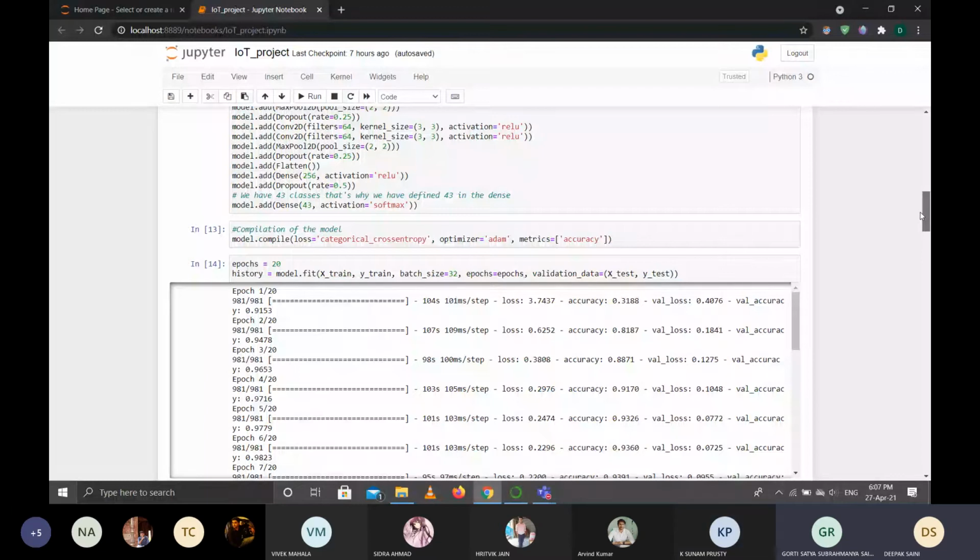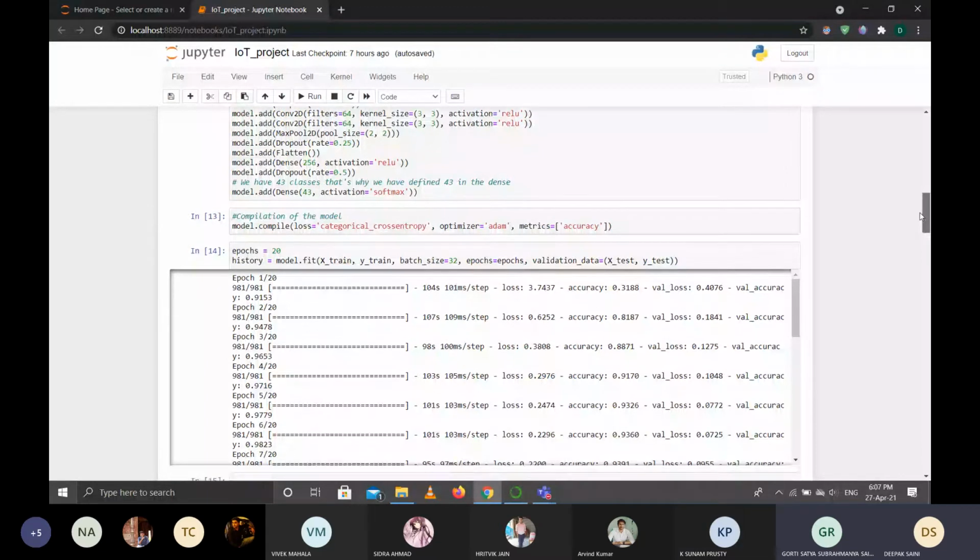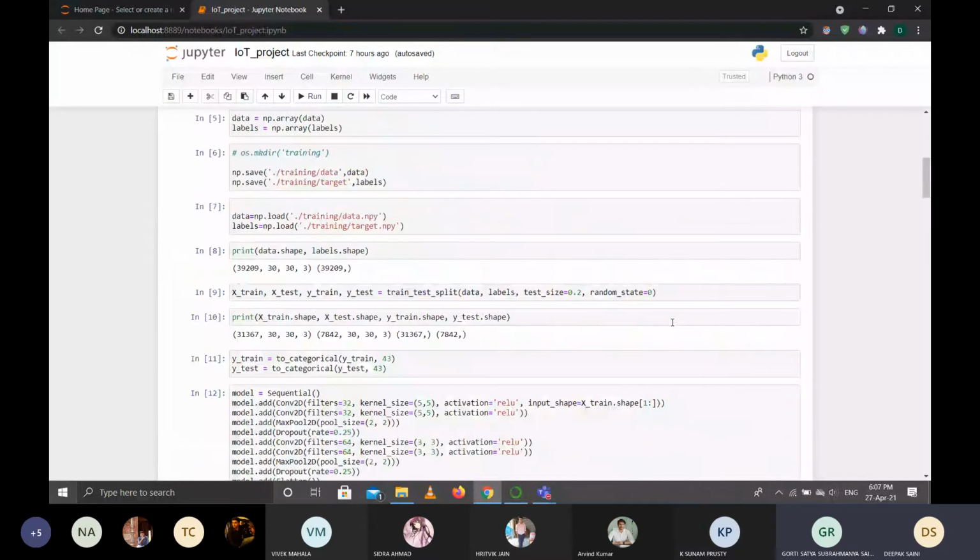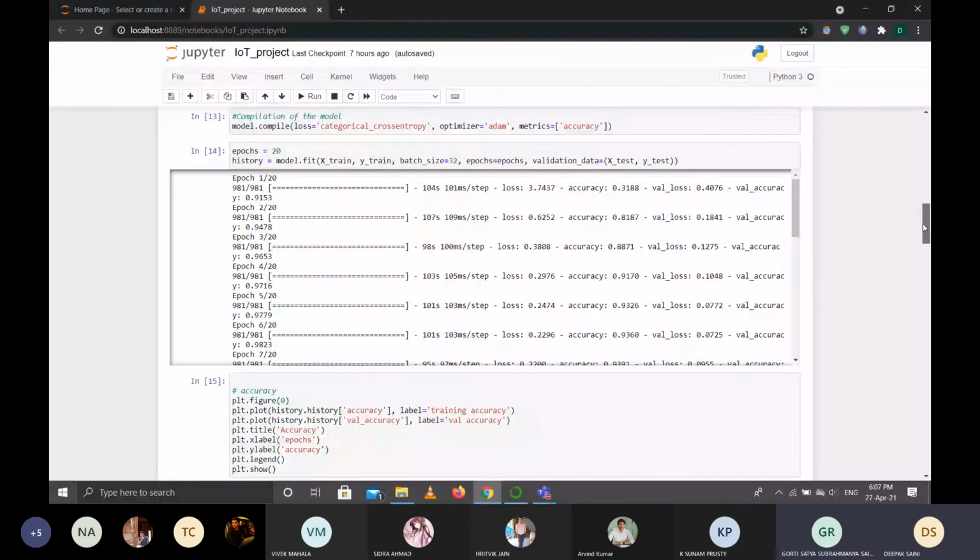And sir, after this, we have trained the data. We have divided all the images into epochs. An epoch is basically, when we have a large amount of data, the data is divided into various parts, and each part is known as an epoch. We have used 22 epochs, and if we want more accuracy, then we can increase the epoch size, but it will take more time for training the data.